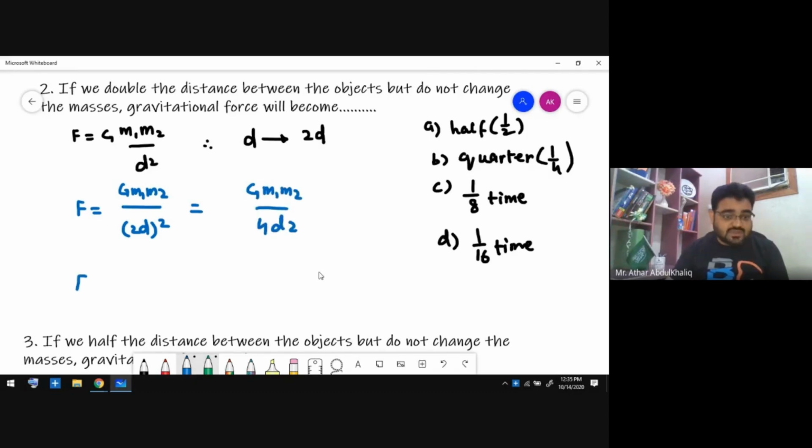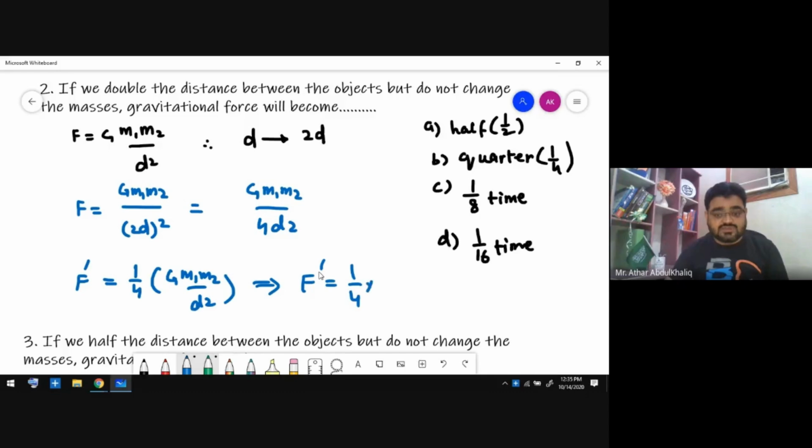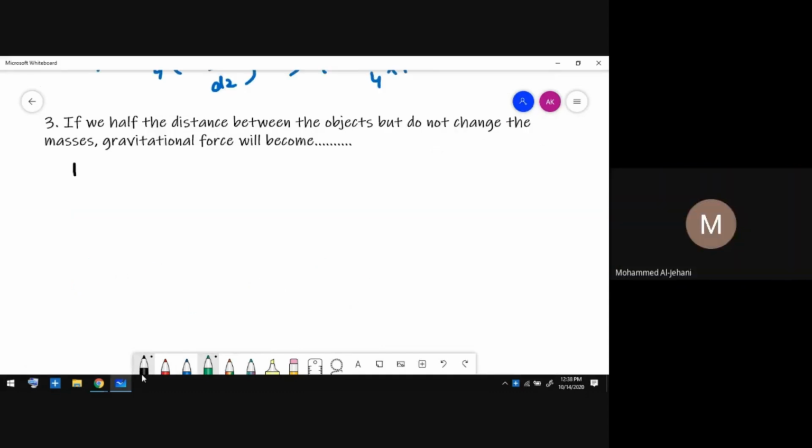So the new force is equal to 1 over 4 times G m1 m2 over D squared. So this is the force. Initially it was G m1 m2 over D squared. So you can say that the new changed force is equal to 1 over 4 times the actual force, if you halve the distance between the objects but do not change the masses,